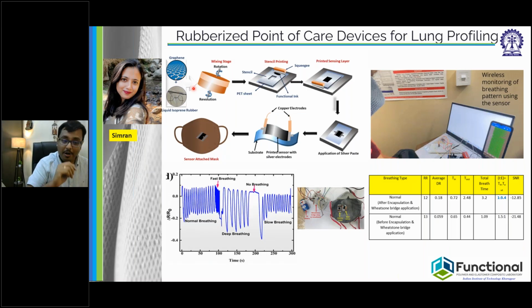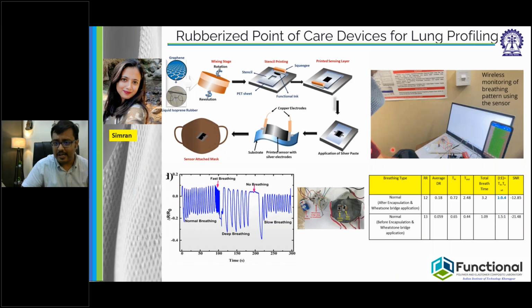What we decided is that when we take this liquid isoprene based rubber, if you look into the glass transition temperature of this material, it is roughly around minus 65 degrees C, which is well below the operational condition. So we have tested this material, and this type of respiratory pattern can be captured even at a low temperature of minus 40. So that makes this a unique combination of the rubber and the graphene for making this particular kind of point of care device. Not only that,